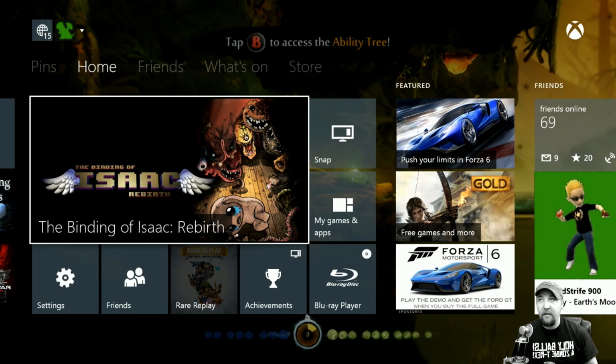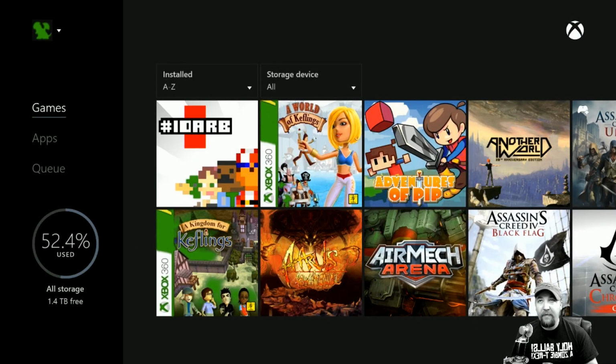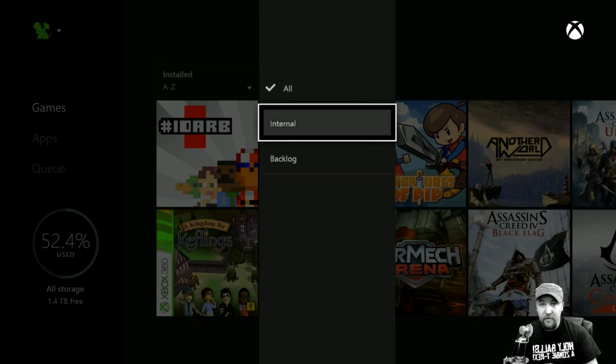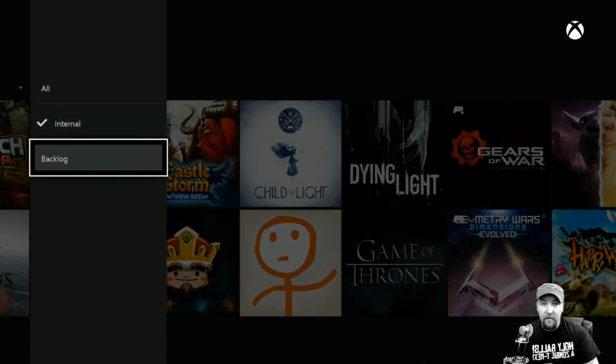So the first thing I have here, we're just going to jump over to My Games and Apps, and I'm going to talk about storage, because this is probably the number one thing you can do. If you look under here on the storage device, I have internal and I have backlog. Backlog is the name of my 2 or 4 terabyte hard drive. I'm not sure how big it is actually. I think it's 4 terabytes. I have a lot of games, but you wouldn't necessarily need one that big, but I have both. So everything that's on internal during a factory reset, all this stuff right here, will be gone. But everything that's in backlog, which is right here,